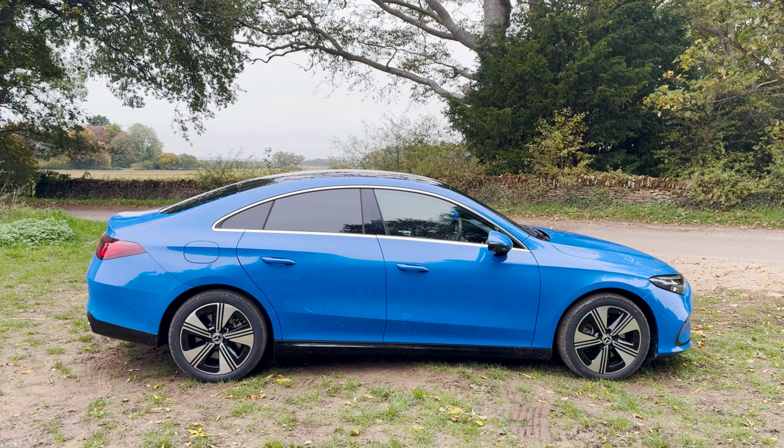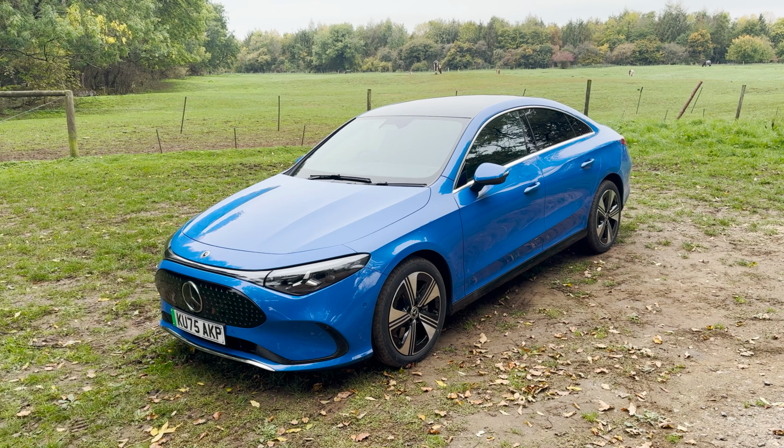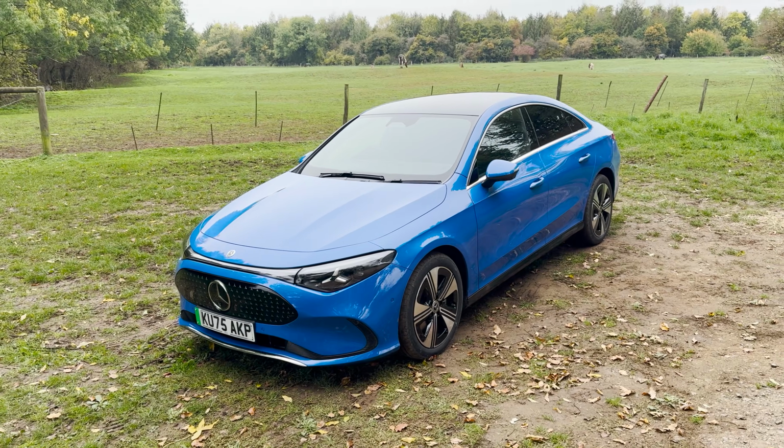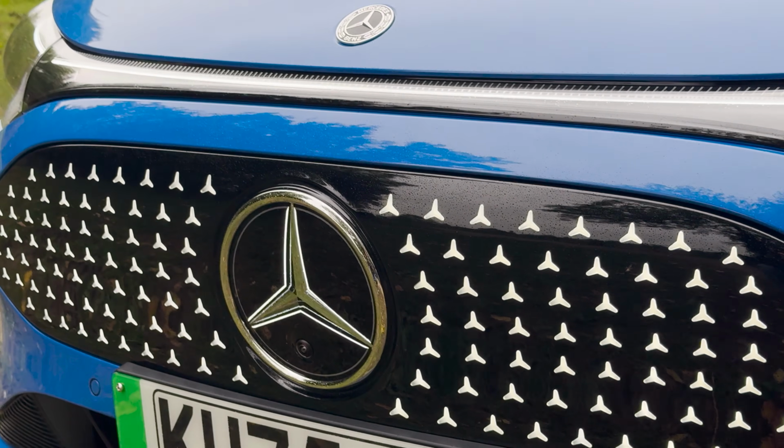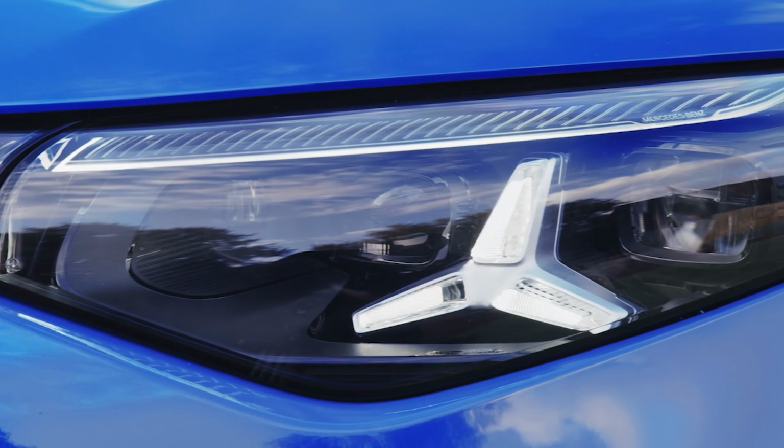Now, even though our CLA comes with 19-inch alloy wheels, and as much as I love this blue shade of paint, it looks quite racy compared to the otherwise classy exterior. I think the design is lovely, and that's despite the fact that this car comes covered in Mercedes badges. But if you can look over those slightly tacky details, you will notice that overall this is a very elegant,